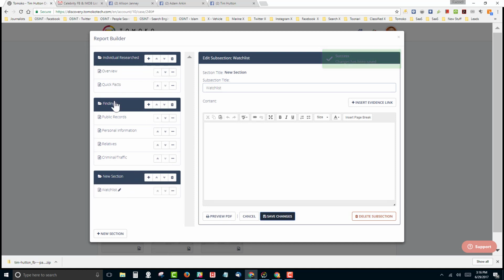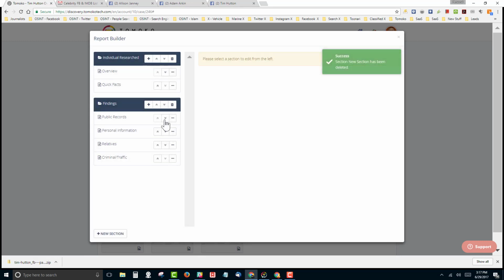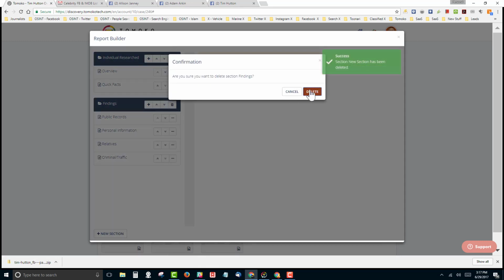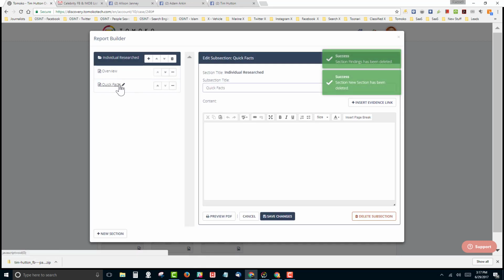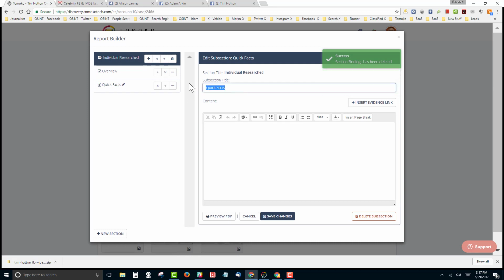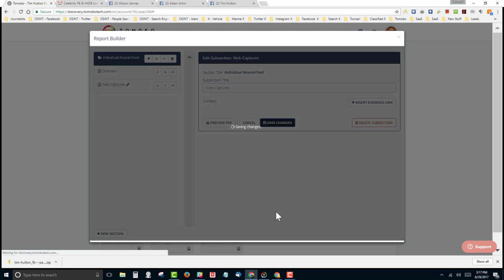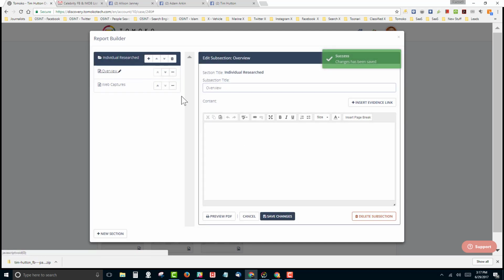Now what we could do is add the information in there, but I want to get rid of everything here, just show you how it's going to look. So we're going to delete this. We're going to get rid of all of that stuff. And instead of overview, for quick facts, we changed that now to, let's just change it to screen captures or web captures. So we call it web captures. Okay, I save it. And now the overview, I write it up quickly, and I say,